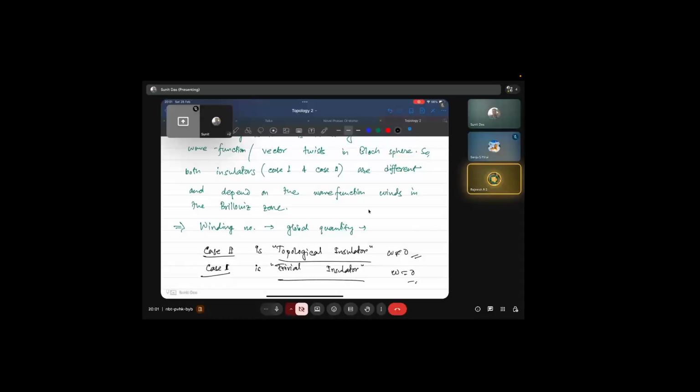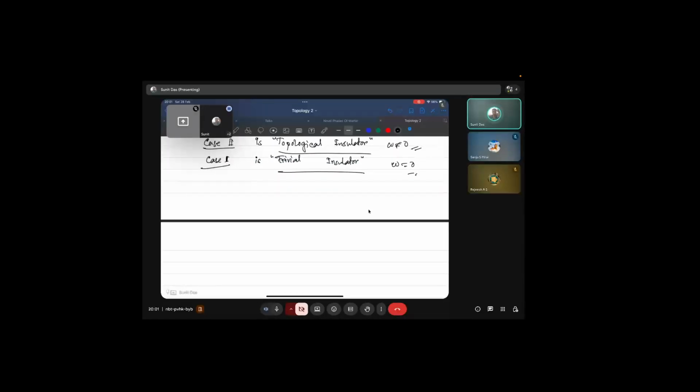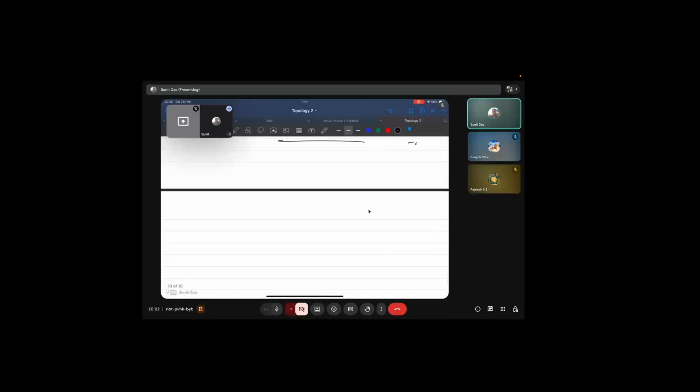So Sunit, is there any physical difference between this topological insulator and the trivial insulator? Oh, there is. Today I'll not be able to cover it, but the physical difference is that if you measure the electrical response of a trivial insulator, it's insulating, so there will not be conduction. But for the topological insulator, there can be conduction, if it is magnetic,